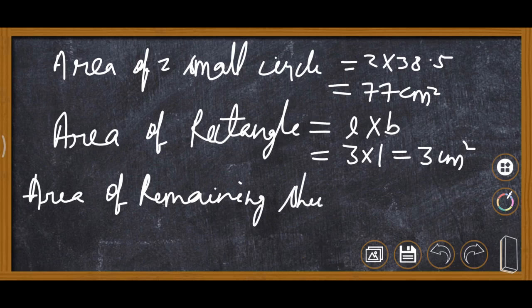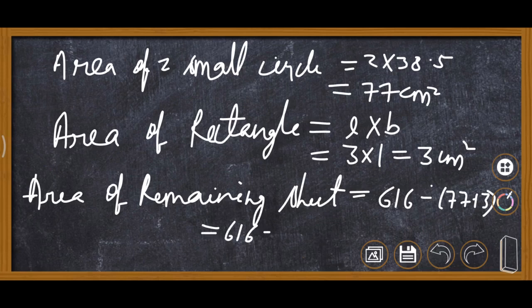Now we will subtract from whole. Whole is 616 minus 77 plus 3. Now this is 80